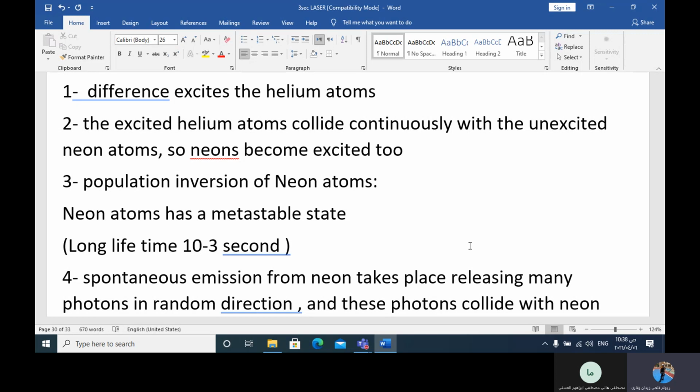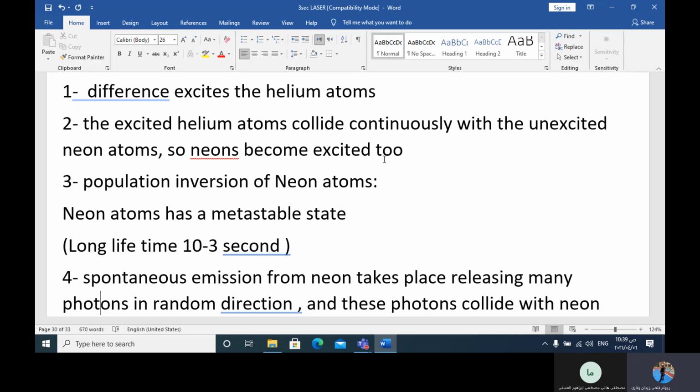High voltage will excite the helium atoms. And after the helium atoms are excited, they collide with the neon atoms. So you have two types of atoms, helium atoms and neon atoms. Applying high voltage will excite the helium atoms first. So helium atoms will be excited, and when they are excited, they start to move with high kinetic energy, with high speed, and then they collide